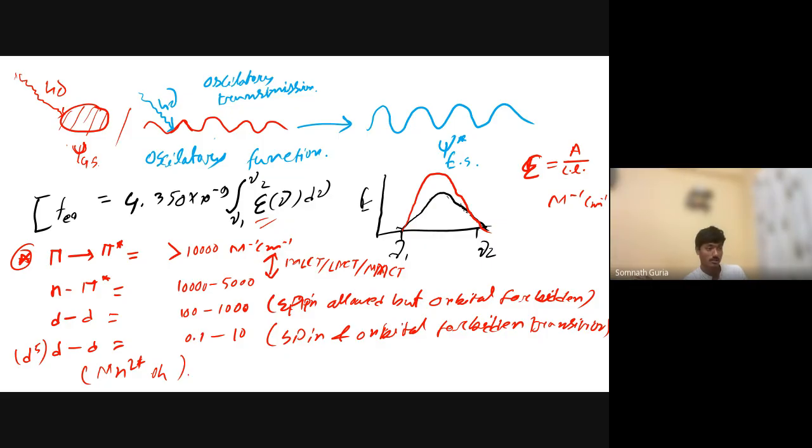DD transitions are all orbital forbidden. And this orbital forbidden transition sometimes becomes orbital allowed whenever vibration happens, the bond stretching. When bond stretching happens, it loses its symmetry and then it becomes orbital allowed. So sometimes we get some good data for that. In the d5 system, this is completely spin forbidden and orbital forbidden, but somehow we are getting the epsilon value around 0.1 to 10 per molar per centimeter because of the vibration of the ligand to